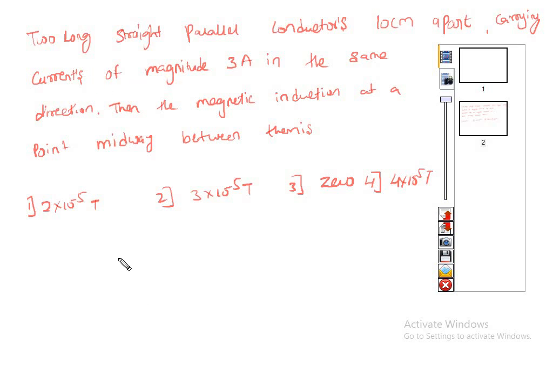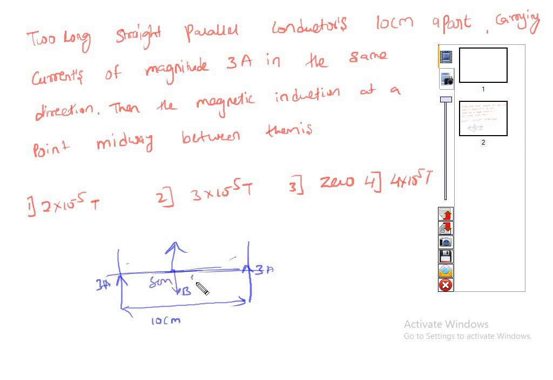Two long straight parallel conductors, so these are parallel conductors 10 centimeters apart, the distance between them is 10 centimeters, carrying current of 3 amp. So what is the current passing through? The first one 3 amps, and then the second also is 3 amps, same direction. The magnetic induction at the point midway between them is, so as they are equal and opposite, B1 and B2 are equal and opposite, so what happens, one's magnetic field will be upwards, the other downwards, because as I told you in the previous class, use Fleming's left hand rule. So what happens, they will act in opposite direction with 5 centimeters apart, 5 centimeters.